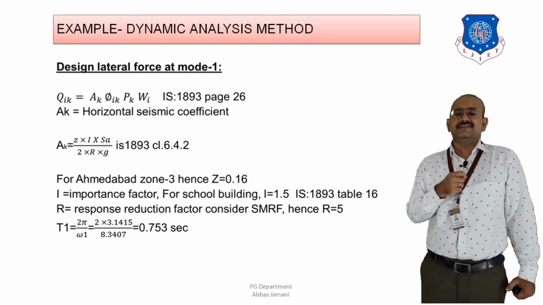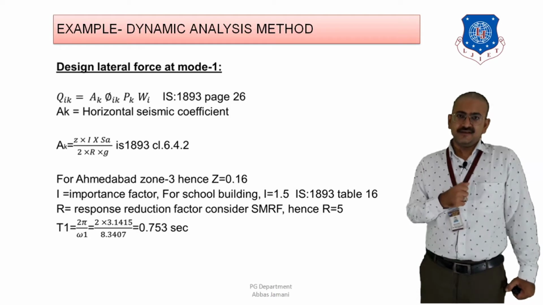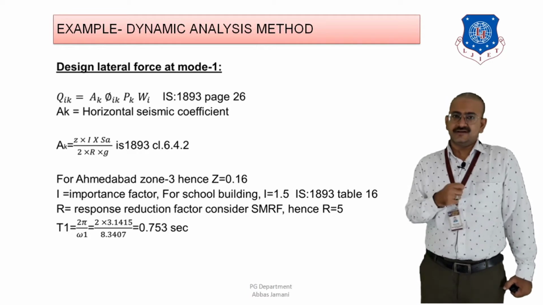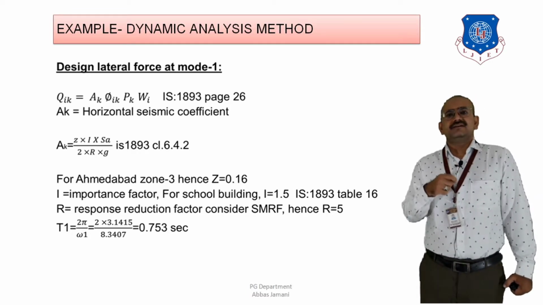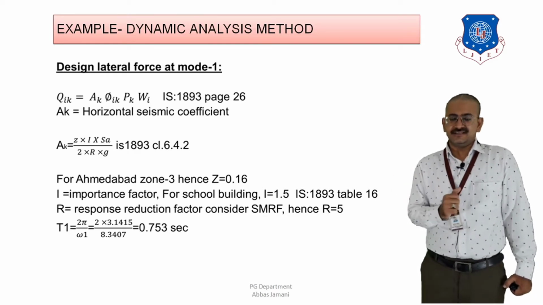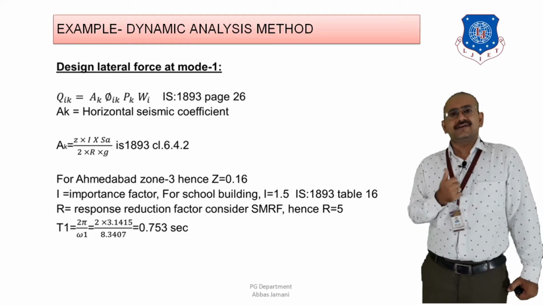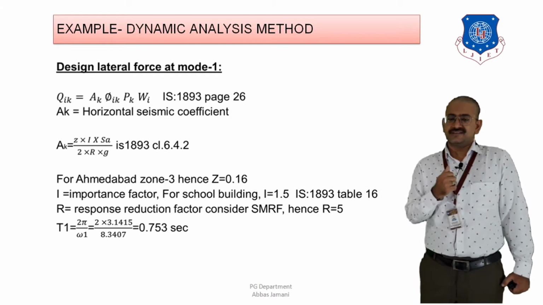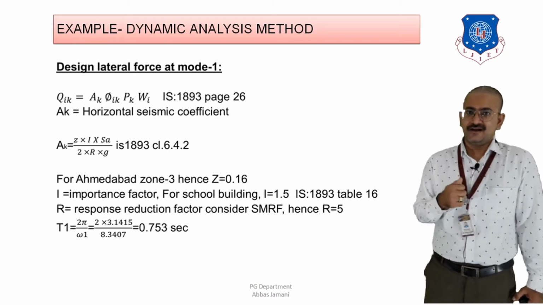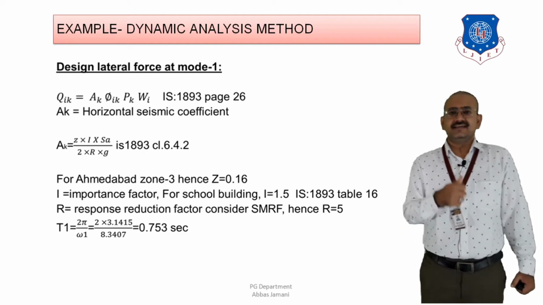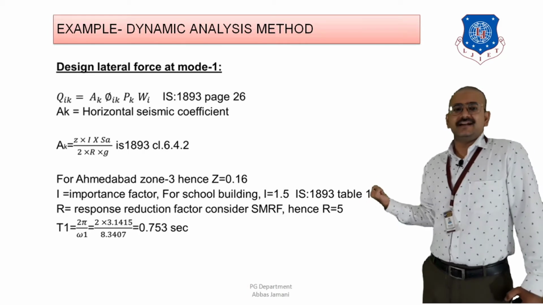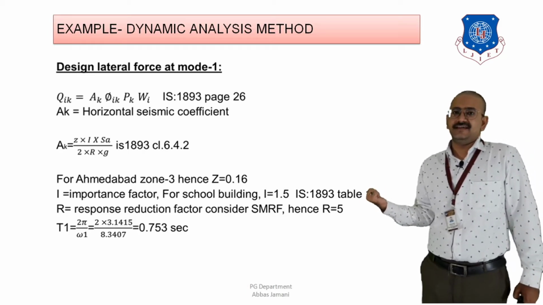And last thing is the value of Sa by g, that is the spectral acceleration coefficient. Now if you remember, we have seen that this value depends on the value of time period. So if I want to calculate the time period, then based on the calculation of time period I will be able to calculate the value of Sa by g under the dynamic analysis head, right? So how can I calculate time period? As we have seen in structural dynamics, the relation between omega and time period is known to us, that is T is equal to 2 pi by omega, and the value of omega, that is the angular frequency, is available with us. So if I substitute T1 is equal to 2 pi by omega 1, then I will get the value of T1 is equal to 0.753 seconds.